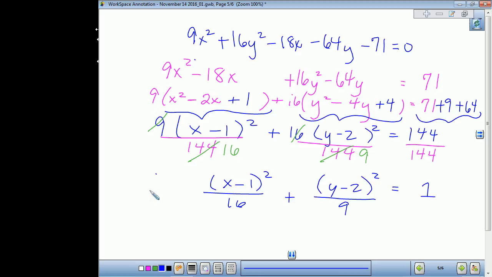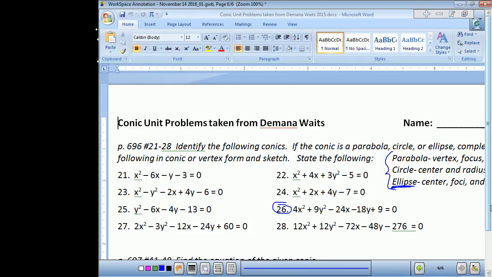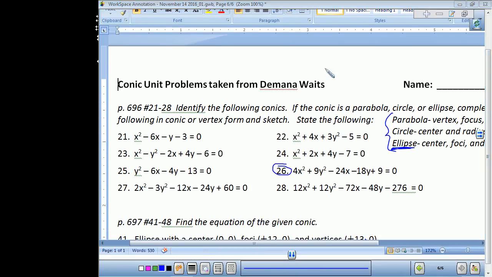A little bit of both. A little bit of both. Okay? Alright. Alright, so what have we studied so far? The parabola,